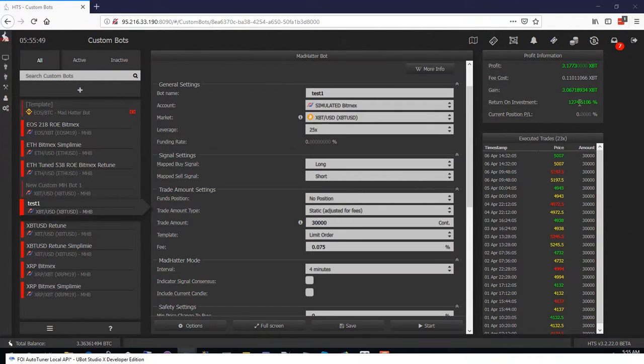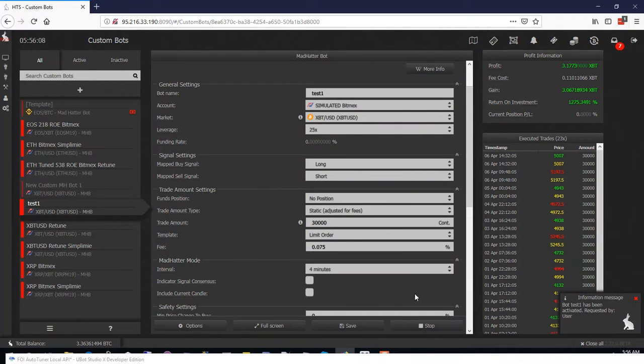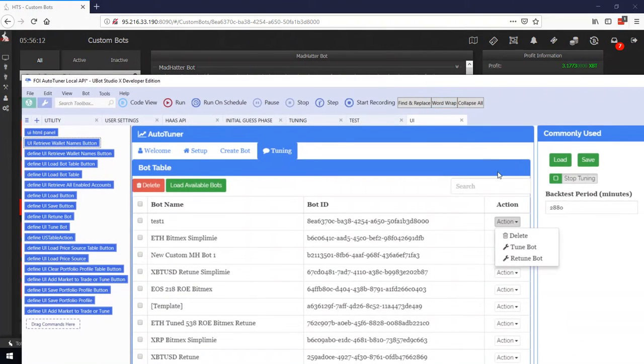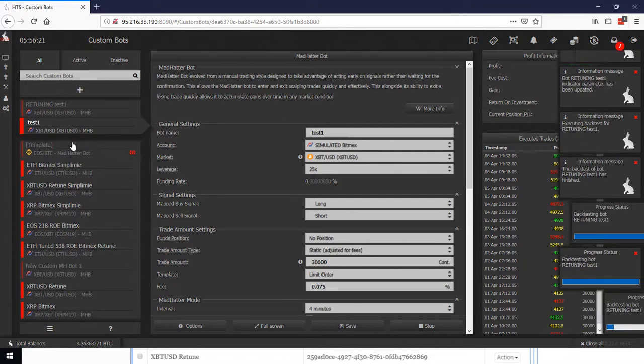This is just an example. I know it's really high, and I would keep this setting. But let's say it started turning negative, or it's a negative P&L, and you say, hey, I want to retune it. Even though, let's say it's running, I'm going to start it. Say it's running on a simulated account here, and you say, I want to go ahead and retune this. Just click that action, go down, hit retune, and it'll then create a bot called